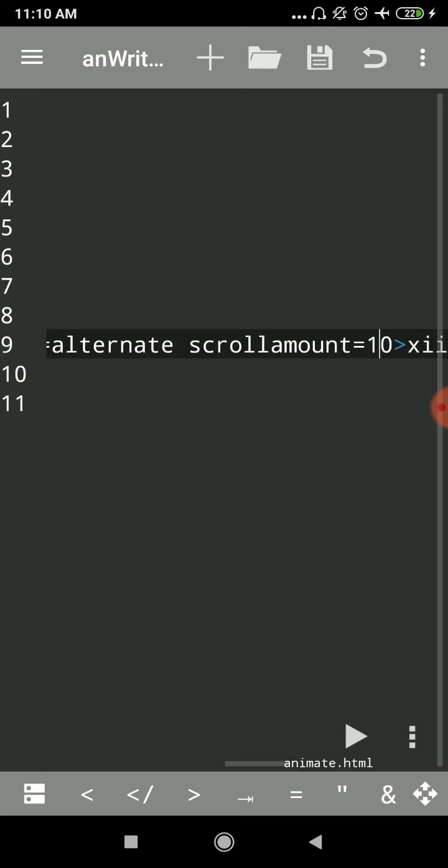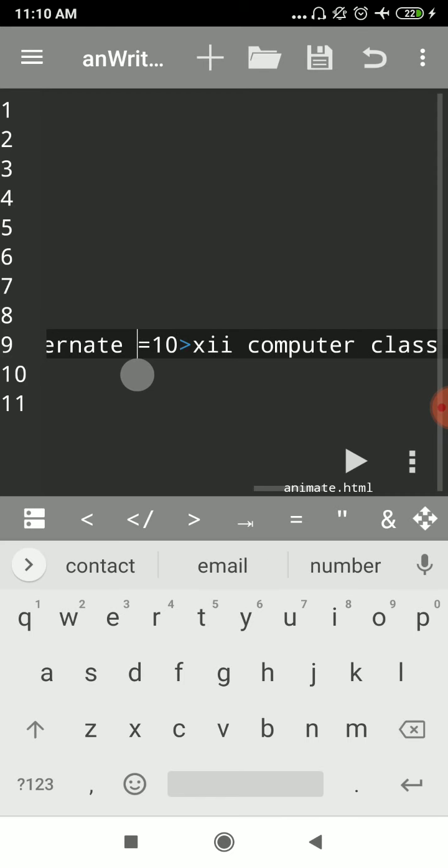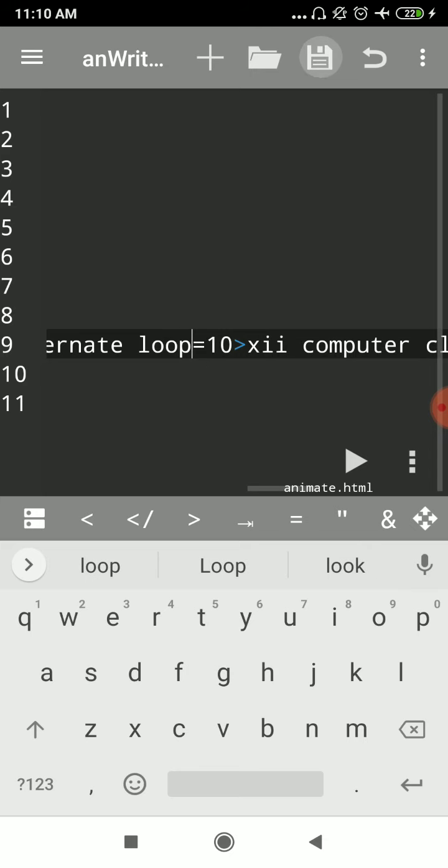Then we have the loop option. Loop option will specify how many times to loop. The default one is infinite, meaning it is scrolling but there is no stoppage. Only with the slide option it stops after one round.